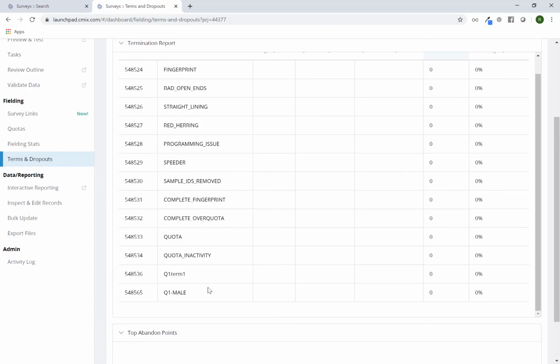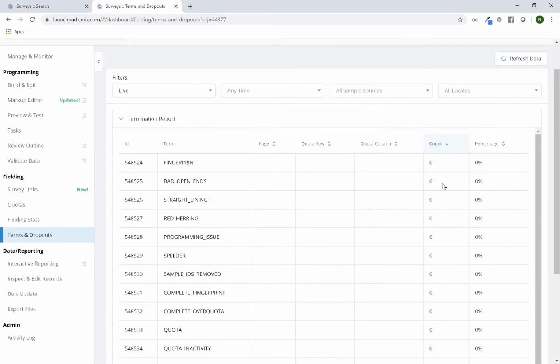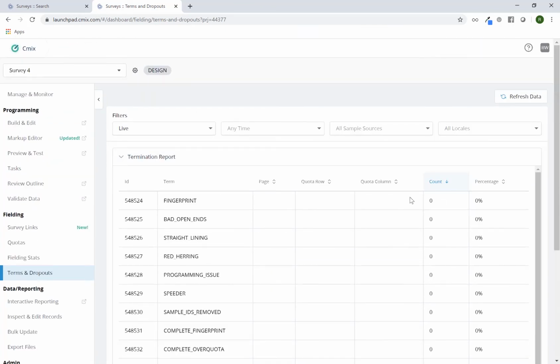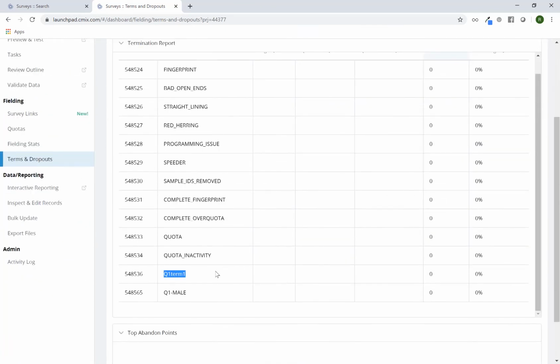While you're in field, this report will sort in descending order. You can already see that it's already highlighted in that column and it's sorting in that order. So once you're in field, if this is the highest term point, whichever one this is, so I'll click on Q1 term 1, if that is the highest area with terms, then this will be at the top of the list. So it will behoove you to be able to make these term codes something that makes sense to you,